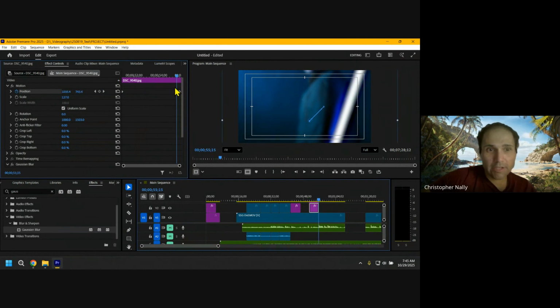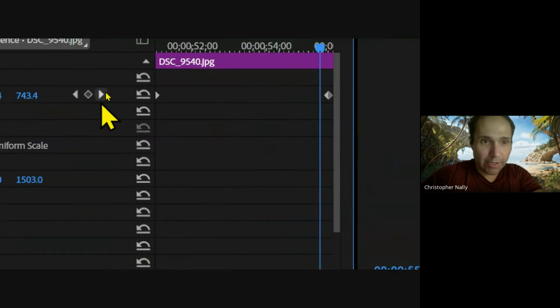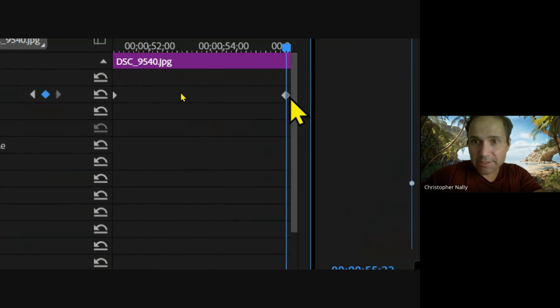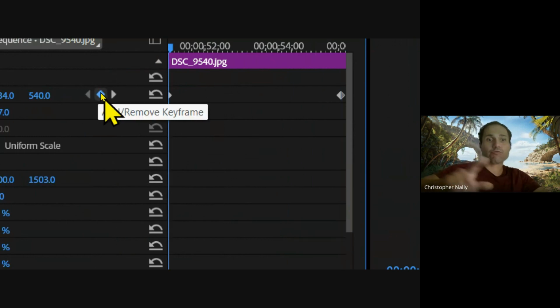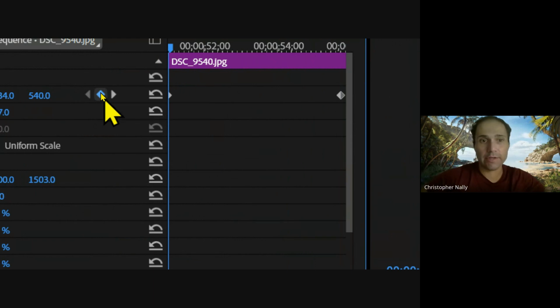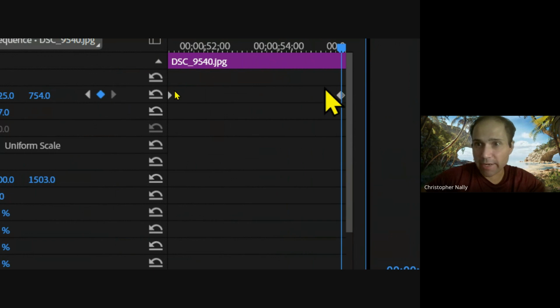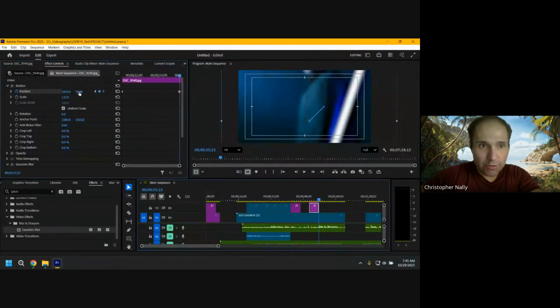Pretty cool. If you ever have to make a readjustment to, say, your animation, the most important thing is to look at this right here. Click on these arrows because it's going to snap exactly to the keyframe. If you don't use the arrows, you run the risk of making another keyframe, which could jank up your animation. So I'm going to use that right arrow. It's on this guy right here. And I'm just going to make a little bit more of a drastic